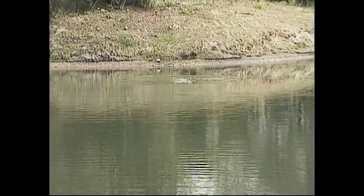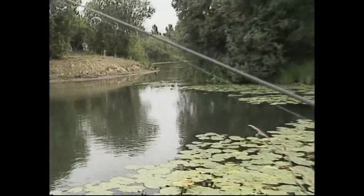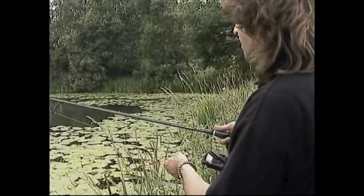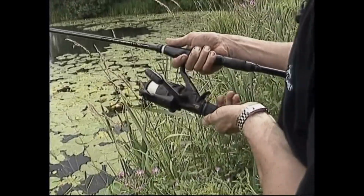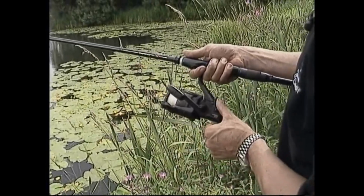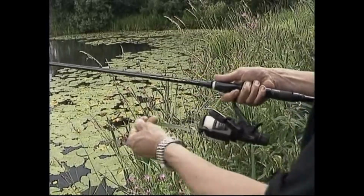As you can see, I put out my third and final bait for the night. I felt it hit the bottom, so it's in the right place. I've tightened up by hand to the lead, but the last thing I want to do is move that lead. So the first thing I do is undo my clutch. This means I can pay line off the bait runner. You could of course click on your bait runner facility, but I don't use that. I'm using the clutch. So paying line off the clutch,